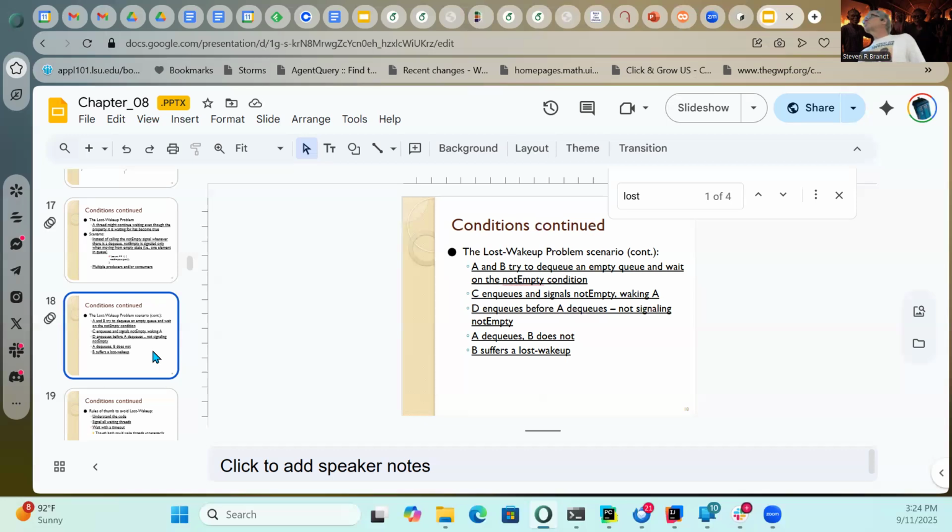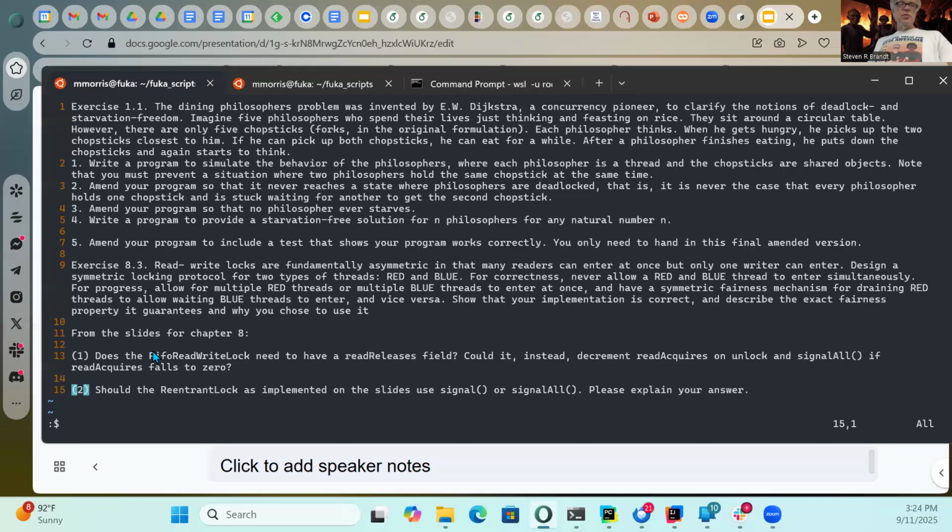What I'm saying is, no, the code will work with signal all. The question is whether signal all is needed. So are you asking why signal all solves this problem? Because if signal works, then signal all isn't necessary.